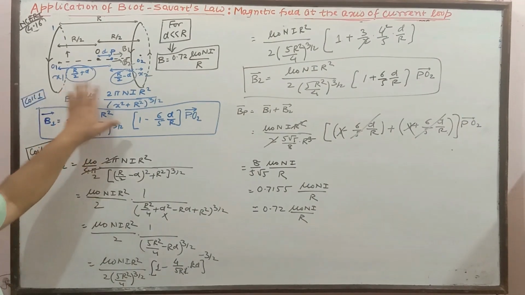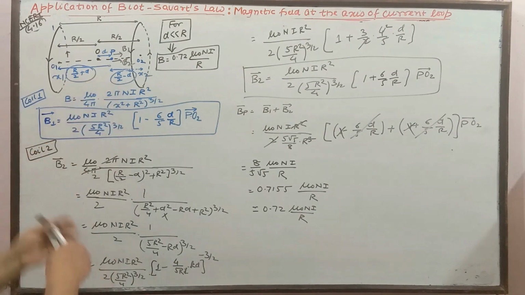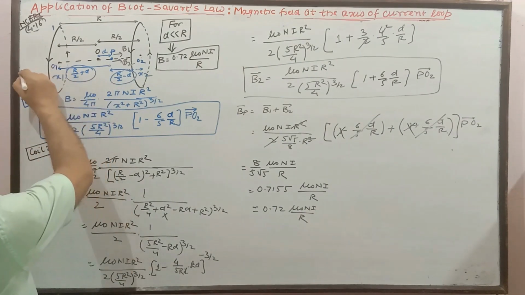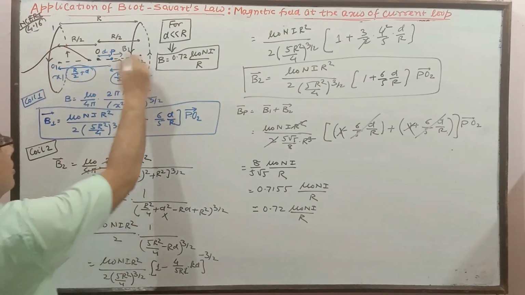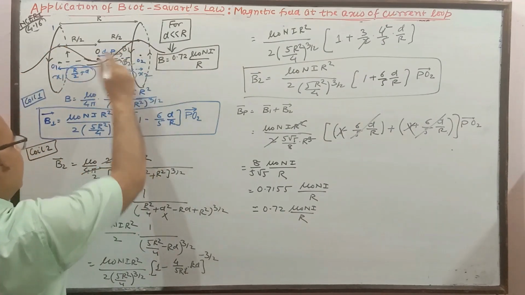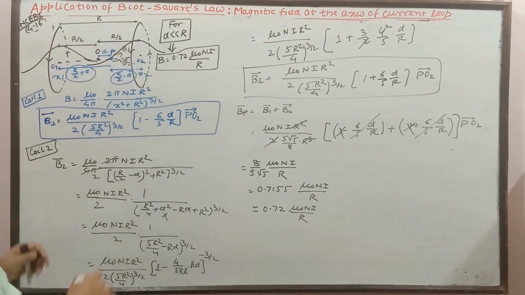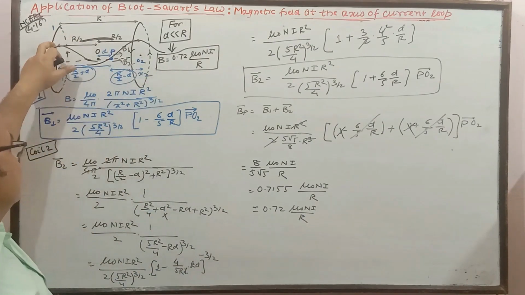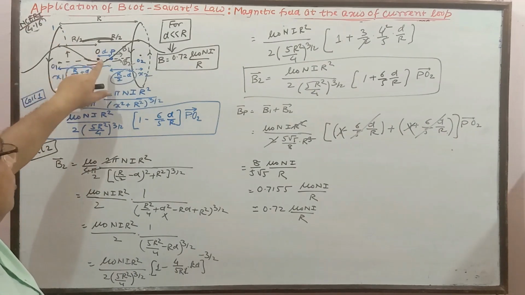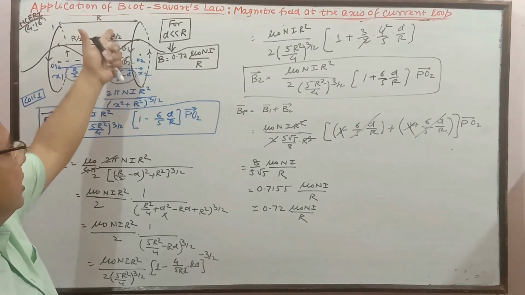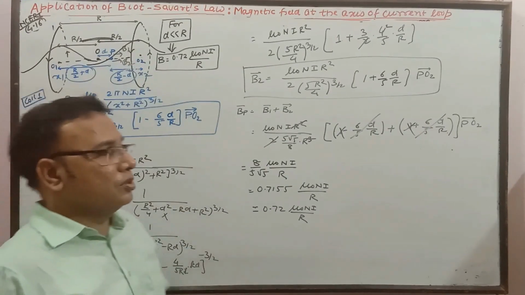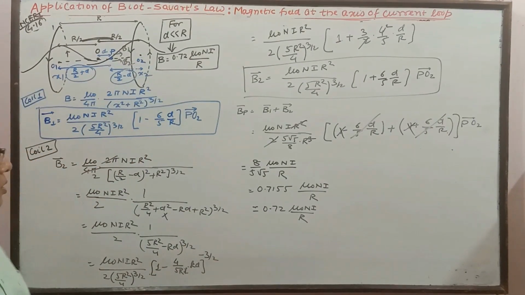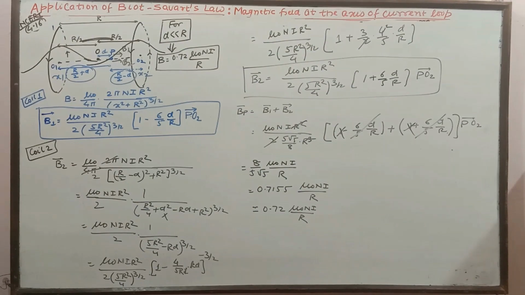Now try to plot the graph between the two. Actually for this, the graph is somewhat like this. For this, the graph is somewhat like this. So if these two are coming very near or approximately equal to R, how the graph at some point is somewhat near to almost constant. So try to find out, it is maximum at the center for this, maximum at the center for this, for themselves. But when these two are taken together, I mean this is R, the result is approximately, the graph is almost constant. So try to go through it, note it down and go through the results so that you can solve it. It is in NCERT, a little bit typical question, but you can do it yourself.